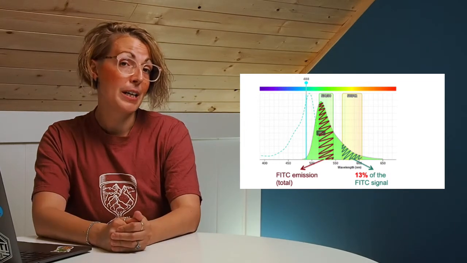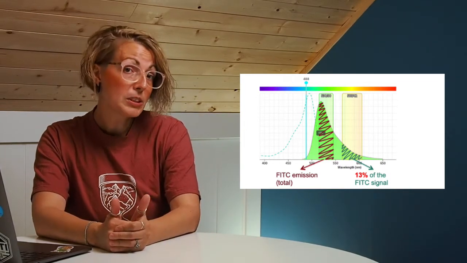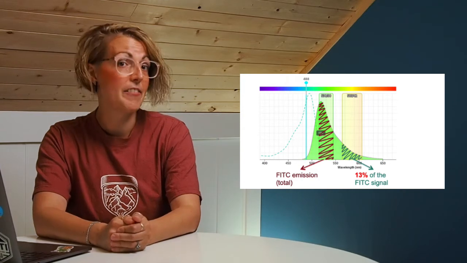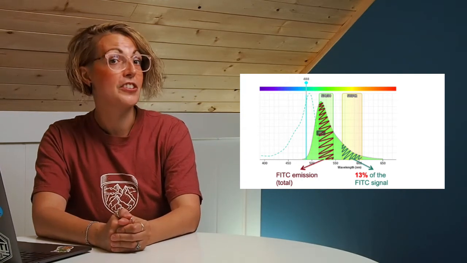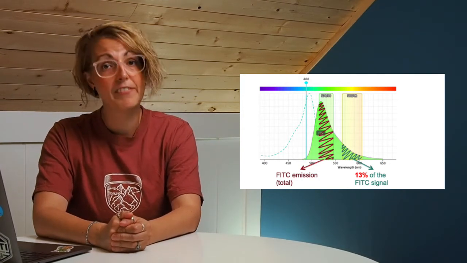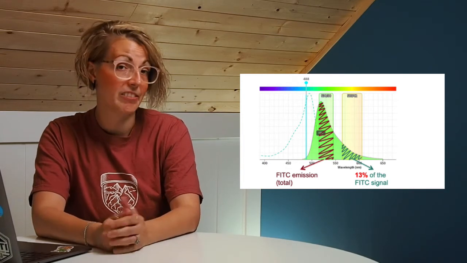So as you can see by the FITC emission here, most of the FITC signal is detected in the 530/30 filter. However, some is detected in the 585/42 or the PE filter. So compensation is really just there to remove this off-channel fluorescence. Now, the theory of compensation is fairly straightforward to understand, and executing it is also quite simple.